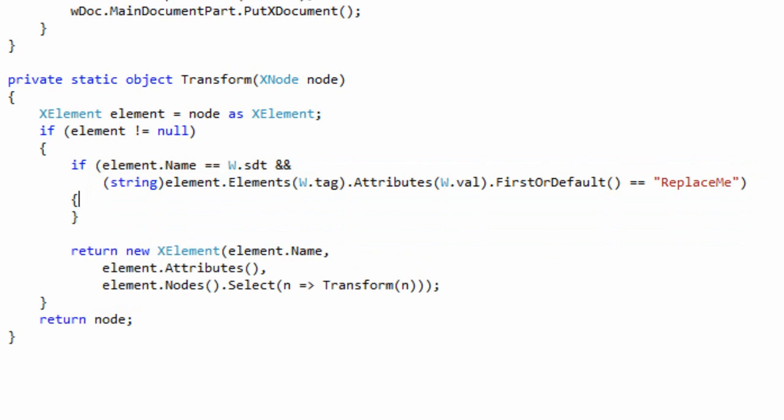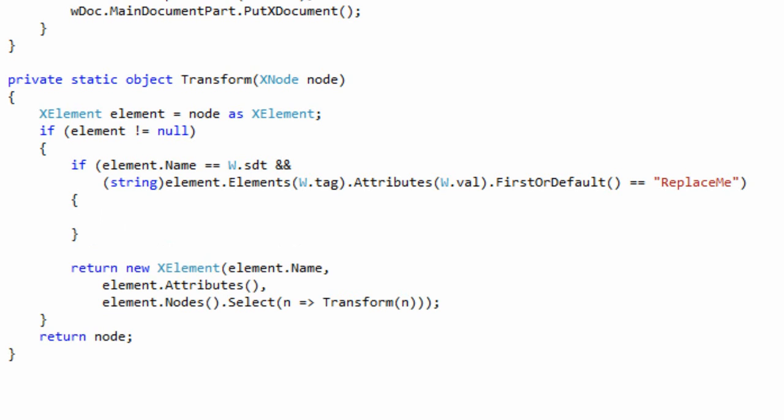And if we find that content control, then what we want to do is replace that content control with 3 paragraphs. So now in Link and in .NET, when you want to new up a collection right in line, the easiest way to new up such a collection is to initialize an array. There are lots of other ways. You could create a list, or you could create a hash table. You can do anything, but the simplest and shortest syntax for newing up a collection is to create a little initialized array. So I'm going to say var replacement